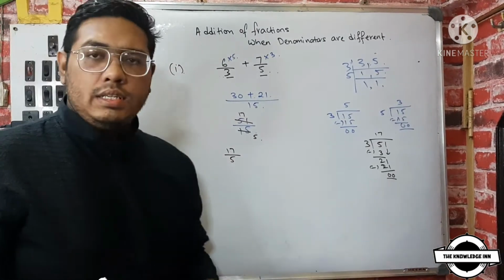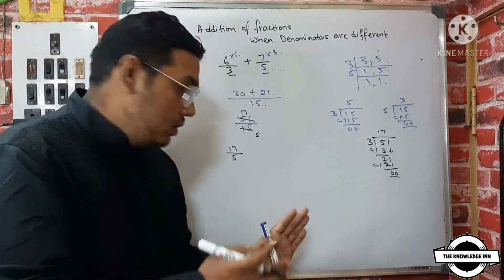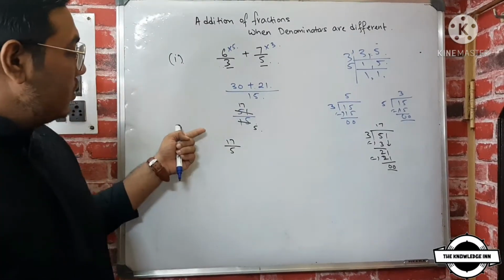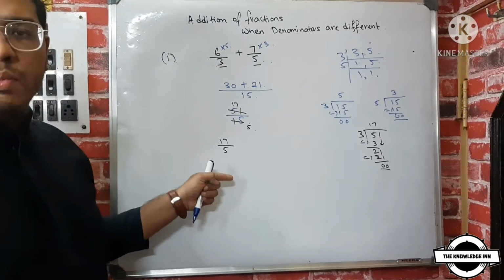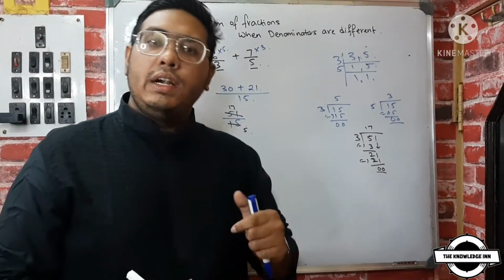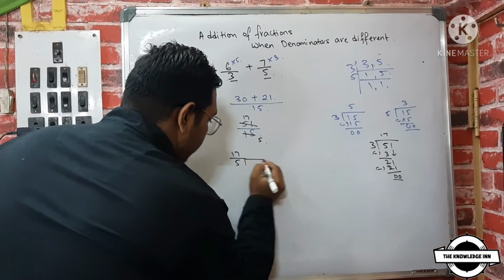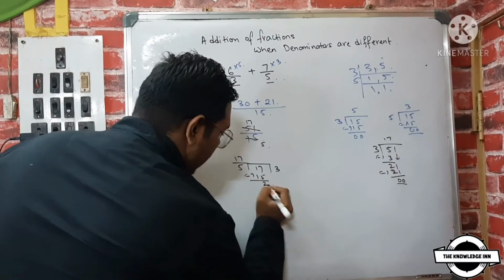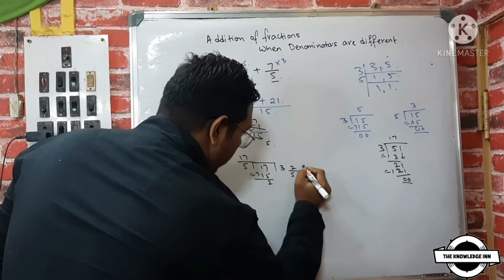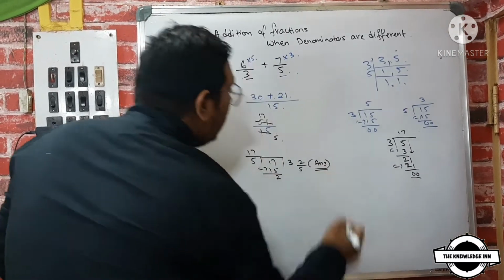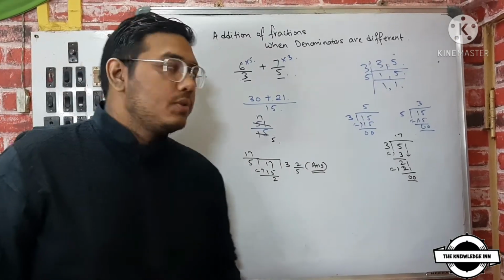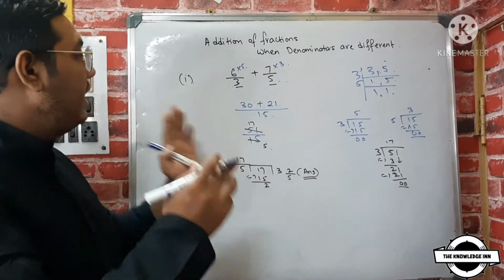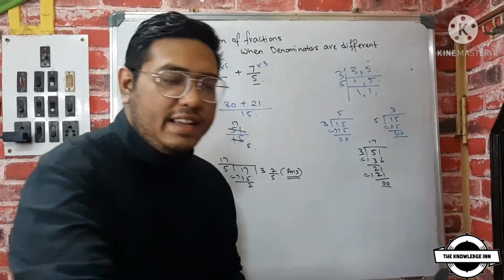Now what do we have to do as this? Should we keep it like this? No, we cannot leave it like this. Your teacher will surely cut your marks because you see the numerator is larger than the denominator. We will divide and we'll convert it into a mixed fraction. 5 threes are 15. Remainder is 2. So 3 whole number 2 by 5 is your answer to this particular sum. I hope that if you get this type of addition problem in your examination, it will be very easy for you to solve. Let's move on to the second example.